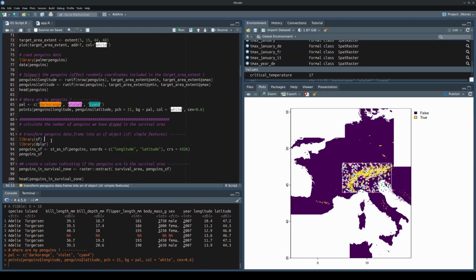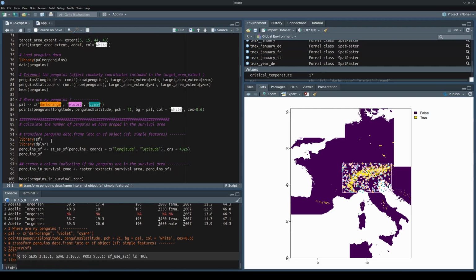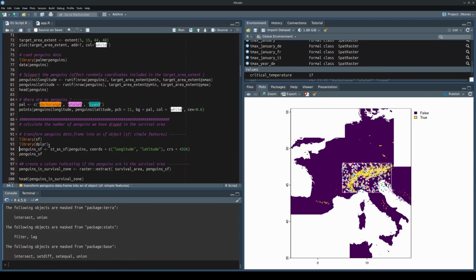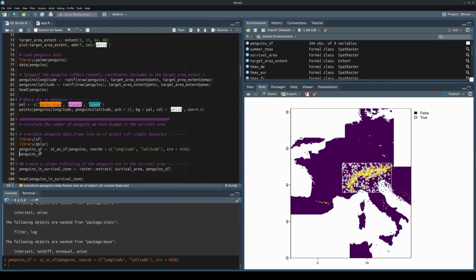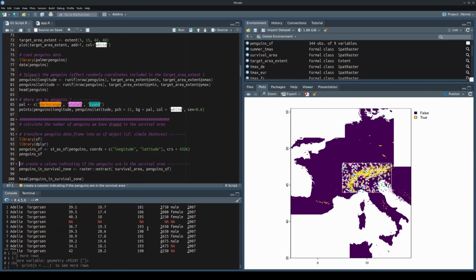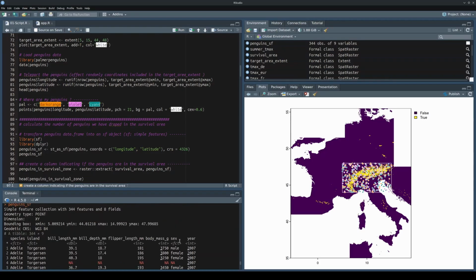So for that, we need the library sf. sf is the abbreviation of simple features. And we can also use this library, which is very useful to deal with data frames. So with this function, st_as_sf, we will transform our penguins data frame into an sf object. So now you can see that's also a data frame, but it has